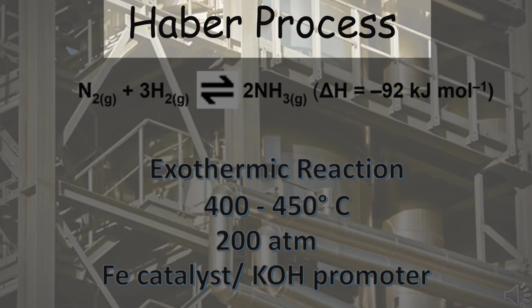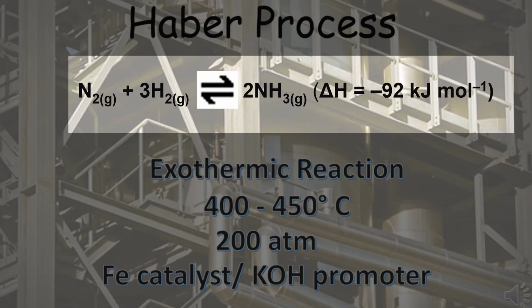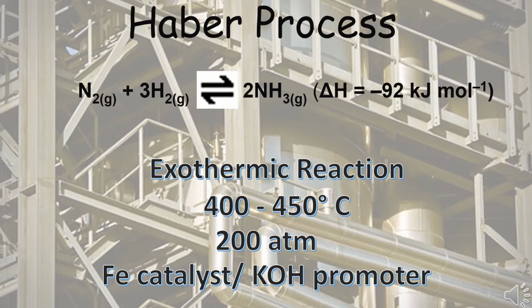The Haber process for the manufacturing of ammonia is one of the industrially important reactions for the production of fertilizers. In this process, nitrogen from air combines with hydrogen derived mainly from natural gas or methane into ammonia. The reaction is reversible and the production of ammonia is exothermic, which is suggested by the negative change in enthalpy. Though the conversion at each step is 15%, the rate is quite fast in presence of an iron catalyst. Now I will discuss how the change in temperature and pressure affects this reaction with respect to Le Chatelier's principle.